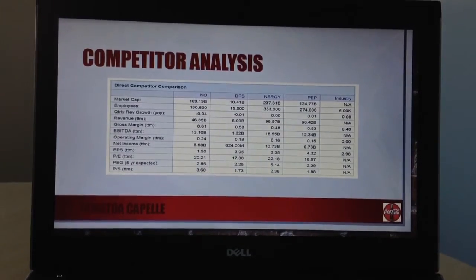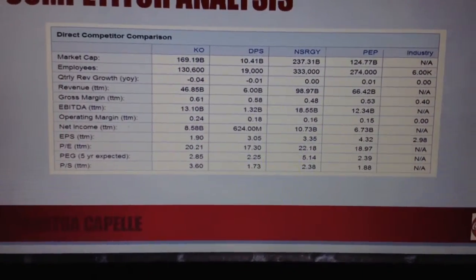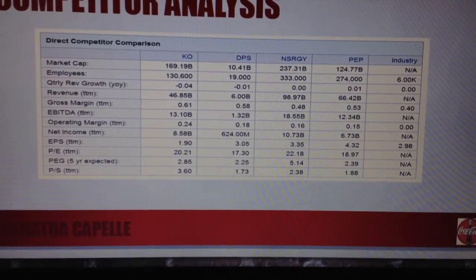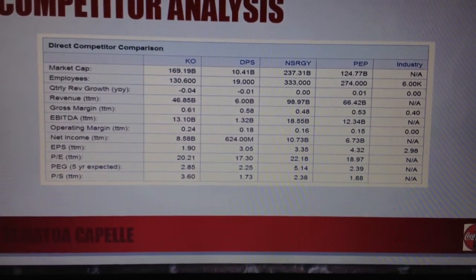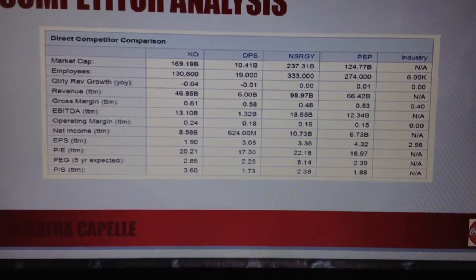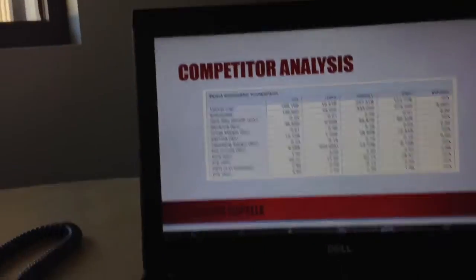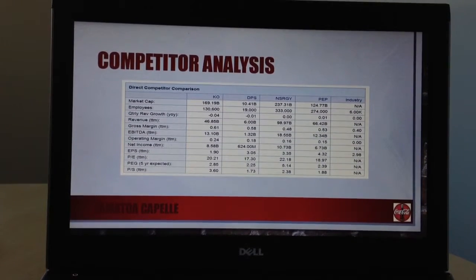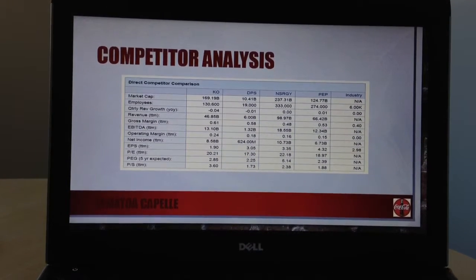Here's the main part which I want to focus on, and I'm going to come closer here. For their market cap, we see that Coca-Cola, which is the first column, KO, is doing better than its main competitor, Pepsi, and not so well compared to Nestle, which is the third column. And DPS, which is Dr Pepper Snapple, is behind, with 10.41 billion. But what I want to emphasize especially is that it is hard to compare. As I said in the introduction, it's hard to compare this company with Pepsi, Nestle, and this kind of company,